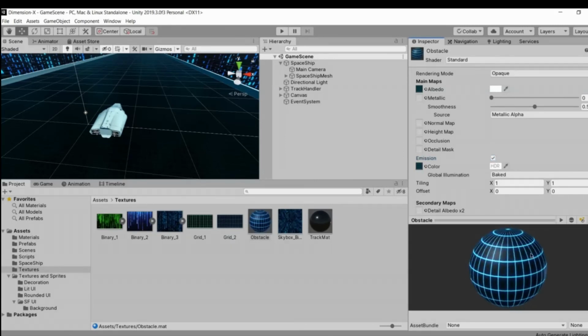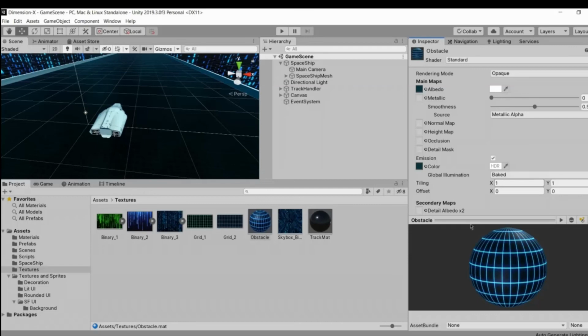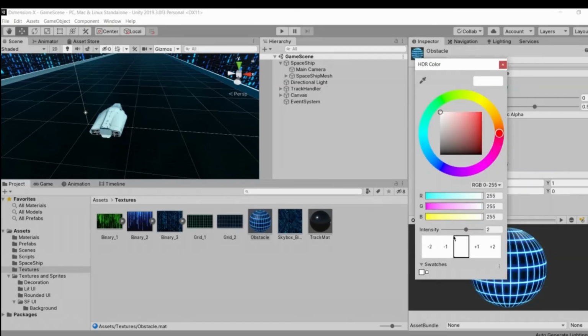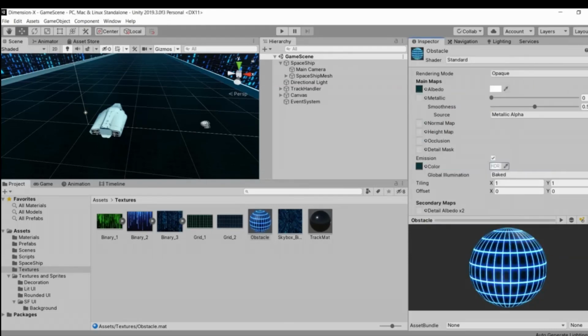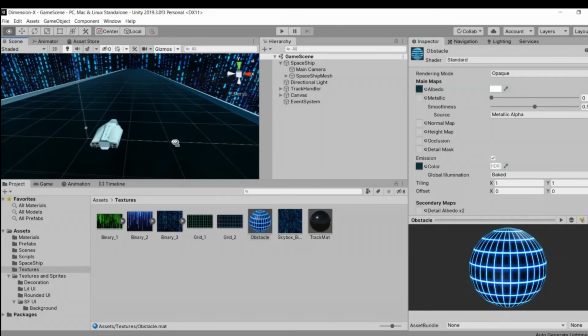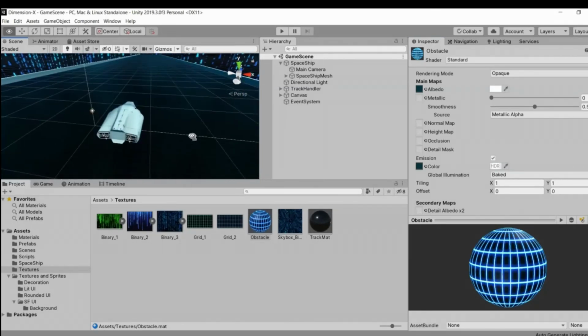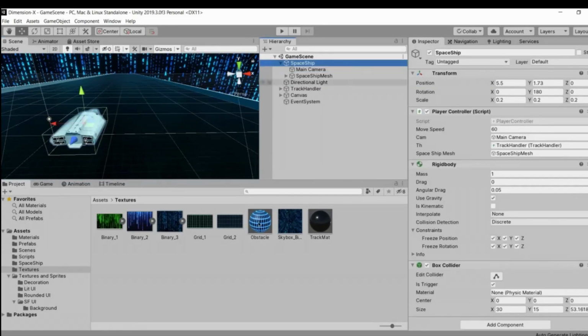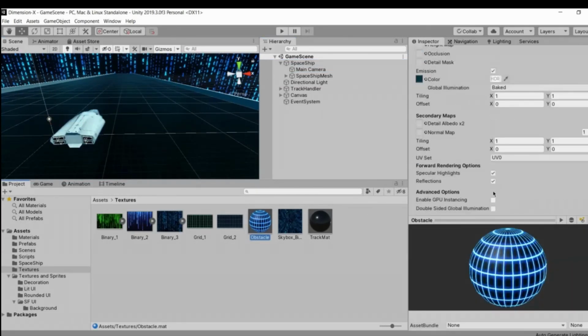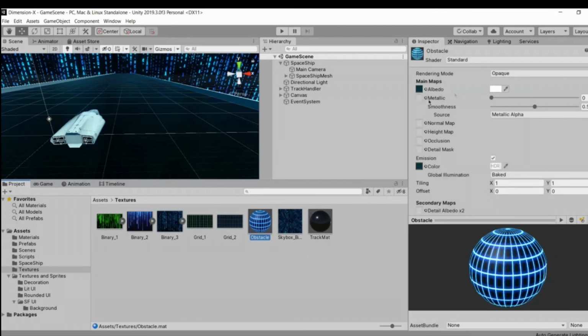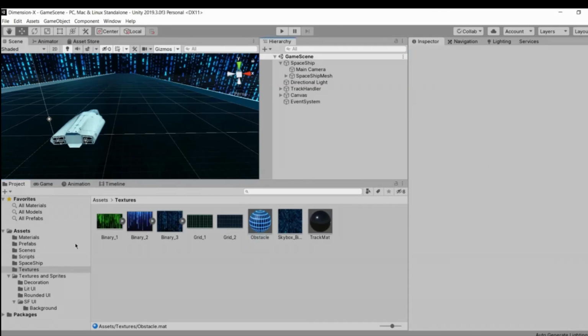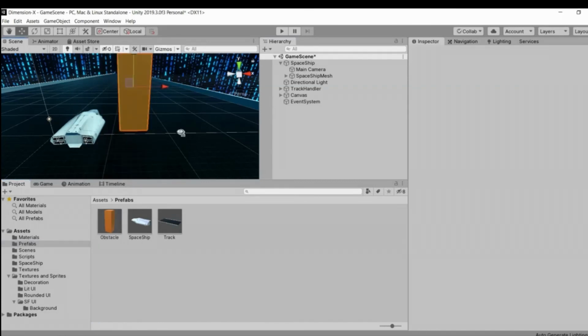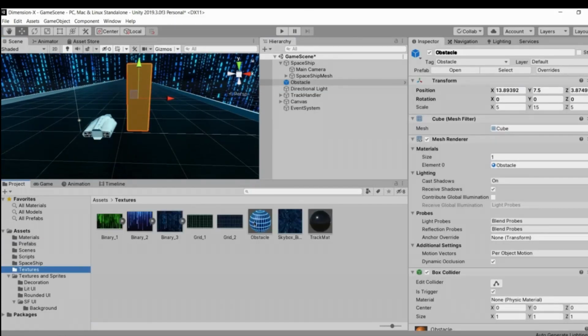You can preview the material in that inspector tab again. So as you can see, it is emitting some light, and let's increase the intensity. So now it is going to emit more light, and as you can see, it is looking great, guys. So with that said, guys, what you have to do right now is just go inside of that obstacle tab, and okay, it's looking great. So drag a prefab obstacle,